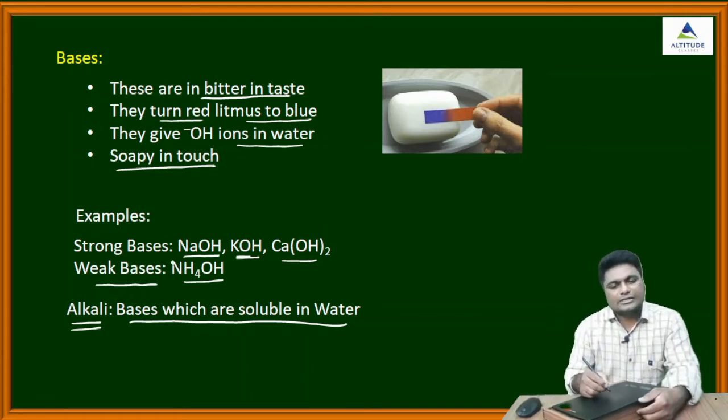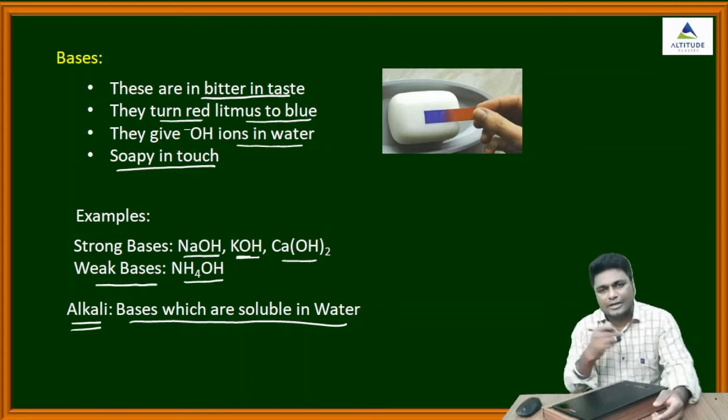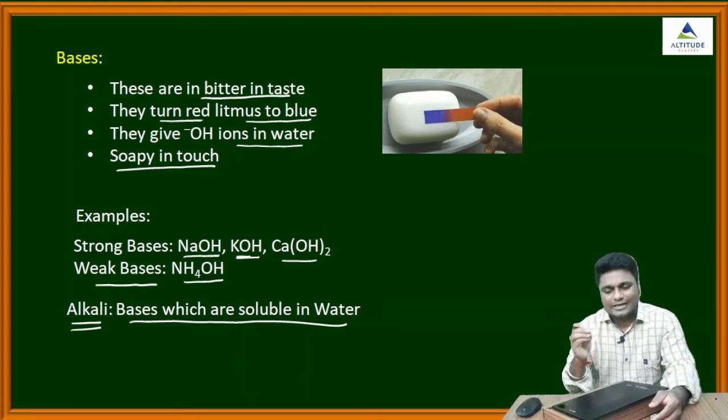Okay, now see, what is the acid? What is the base? And now we will discuss what is the indicator. How to find whether the given compound is acid or base? How do you find? Can you taste? No, because chemicals can harm your health. So without tasting, see, I have given that acids are sour in taste and bases are bitter.